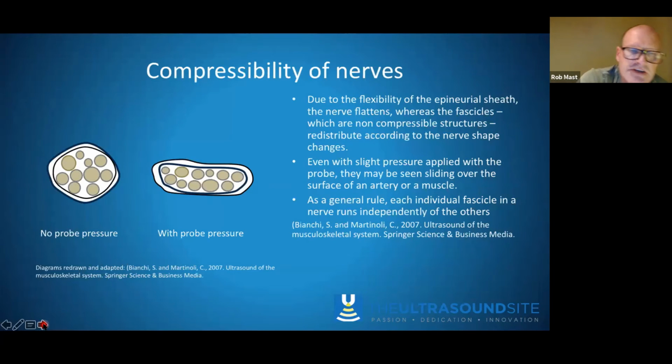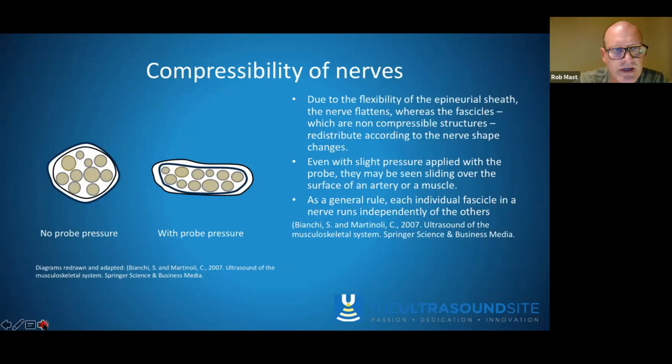Yeah, now this is another feature of nerves that I also wanted to touch upon, because I did use the analogy of an electric cable. So let's say you have, I don't know, a coax cable, something that you use for the TV, that's got quite a thick plastic container, but you can squeeze it, and quite often the smaller metal cables inside are wrapped in individual little sheets, but they can spread out through the flattened plastic container,